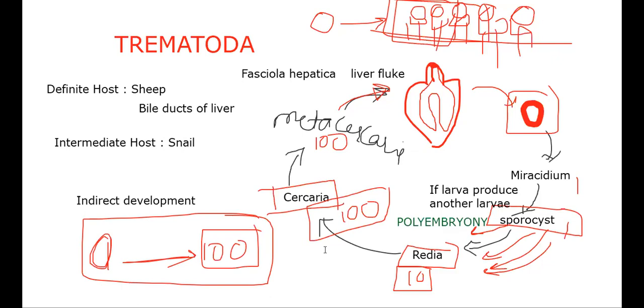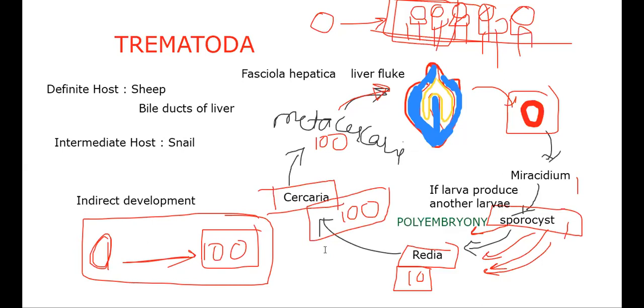Why? What's the problem actually? Why only one egg, why doesn't it release so many eggs? You may know that between the body wall and alimentary canal there is no space, isn't it? The total body space is filled with mesenchymal tissue. The blue line I drew is the body wall, and the red one is the gut inside. That total space is filled with mesenchymal tissue. That's why it can release only a very small number of eggs.